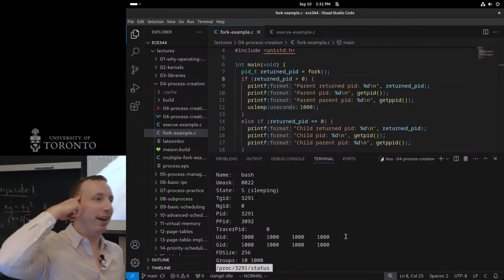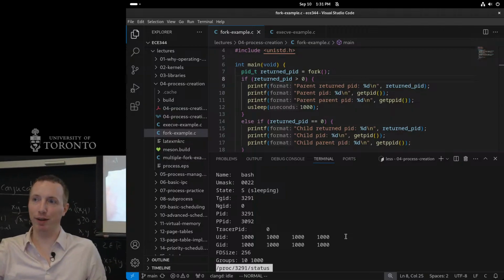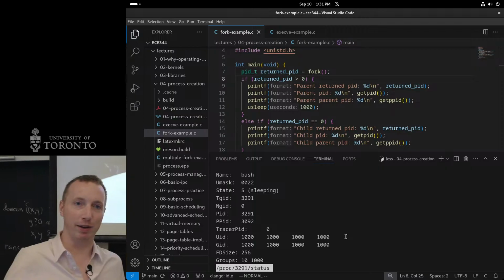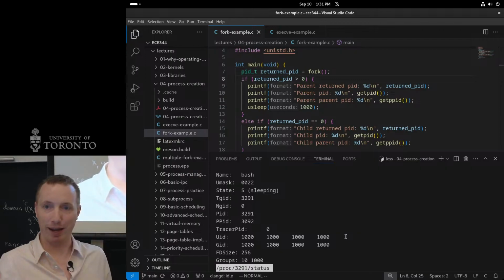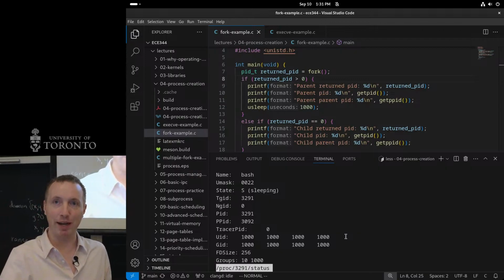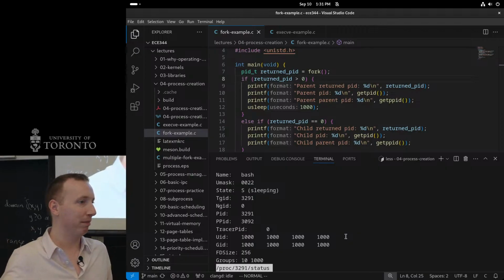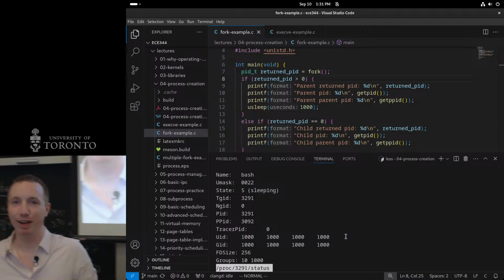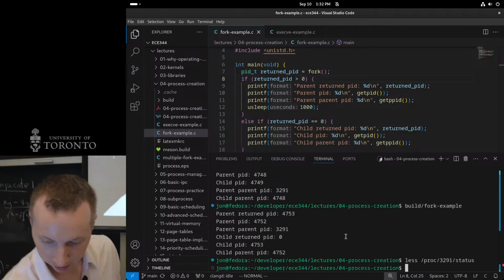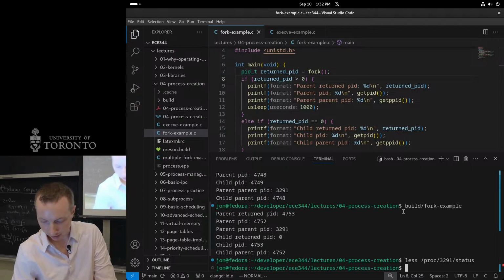Oh, hey, that kind of makes sense, doesn't it? Because bash is the shell that I'm typing this command into. So it makes sense that what I typed the command into created this process to run it. Kind of makes sense, right? Everything's kind of connected. So now I know from just doing that, I type this